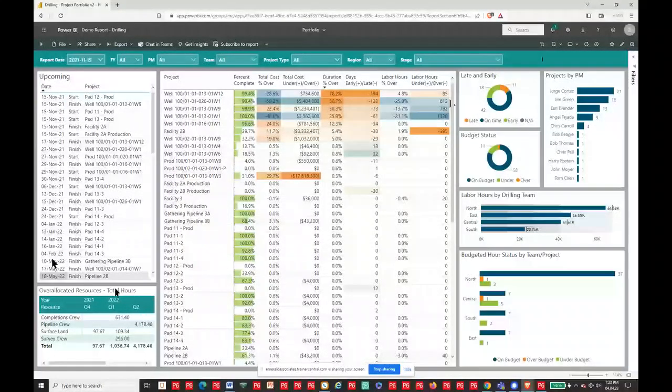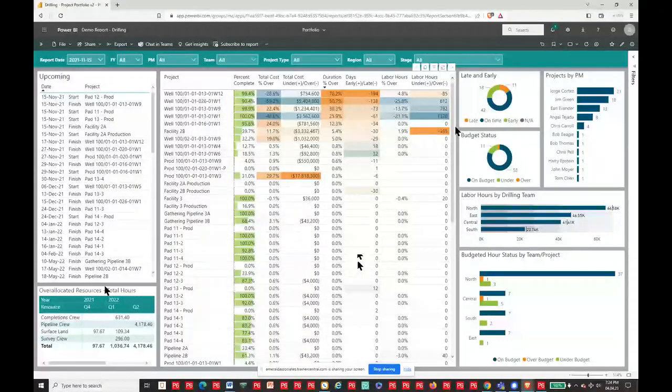Sorry, below on the left side before I carry across to the middle, over allocated resource total hours. So you've got a resource panel here. This middle section here, you'll notice it's got color coding on it. That color coding is actually giving you some very valuable information. Total cost under or over is what it's tracking. You've got total cost percentage over, and you've got color coding that draws your eye very